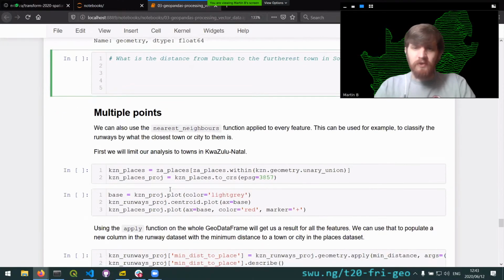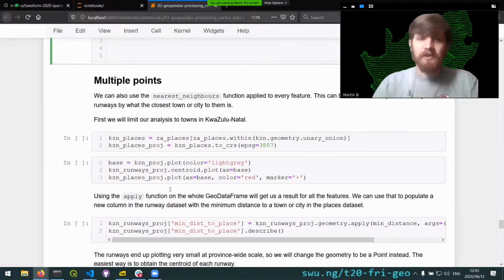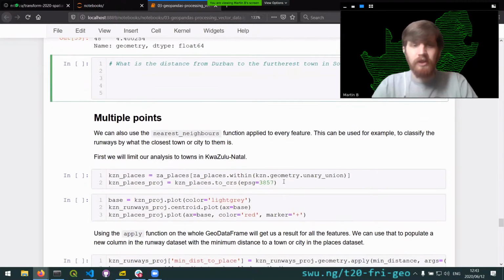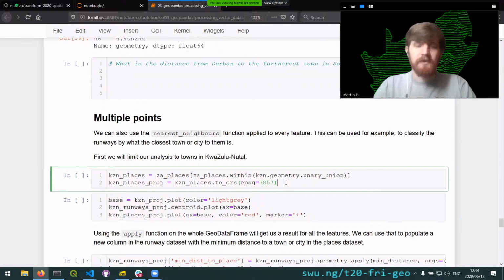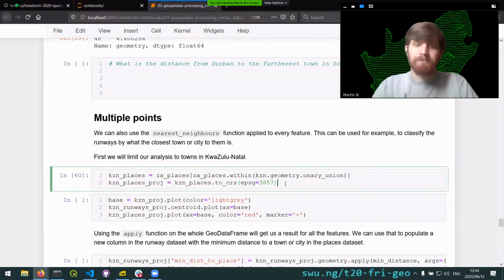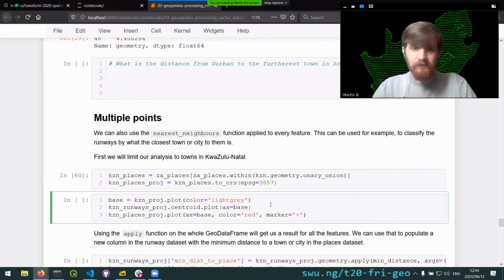So here we've used it. Something else that we may want to do is use it on multiple features. So instead of finding the nearest neighbor of just Durban, we can take our nearest neighbor to every town. For each runway, we can see this is the nearest town to it. So I'm going to start off by selecting only the places in KwaZulu-Natal, and within KwaZulu-Natal, we're then going to just reproject that for ourselves. Then,